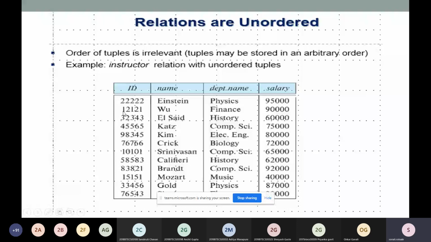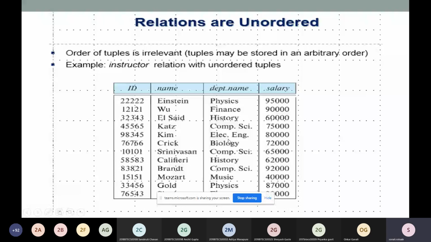They are not arranged or grouped in a proper way. So that's why this relation is called as occupying unordered tuples. Okay, so these are the relations which are unordered. When we are going to relate with another table, we have to first make it ordered. Then and only then can we create a relation.